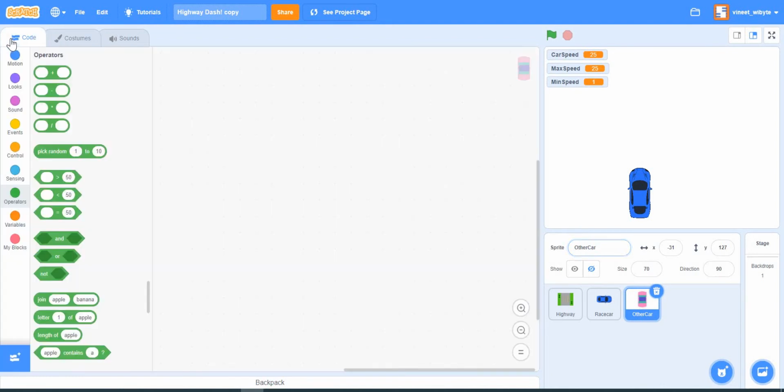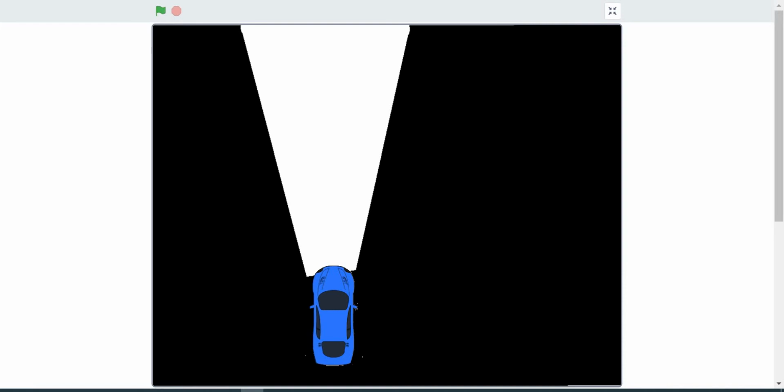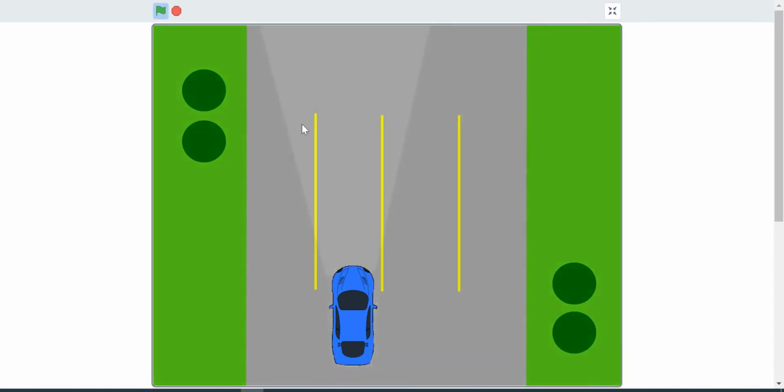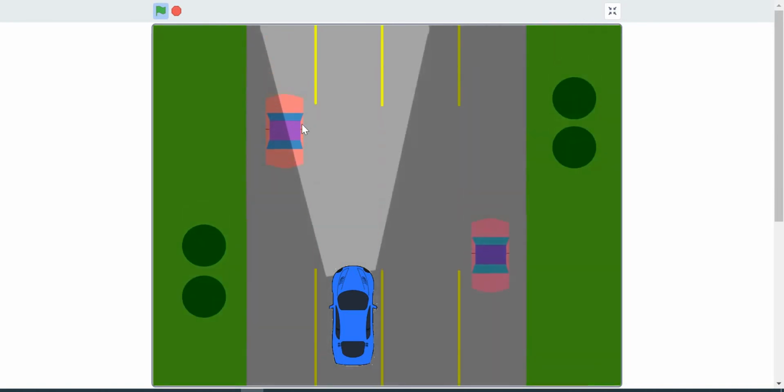And on the other car, I'm going to now create some code. These variables are there. The question that I'm going to ask myself is, what does this other car do? Let's look at our game here. Basically, the other car is appearing from top to bottom.